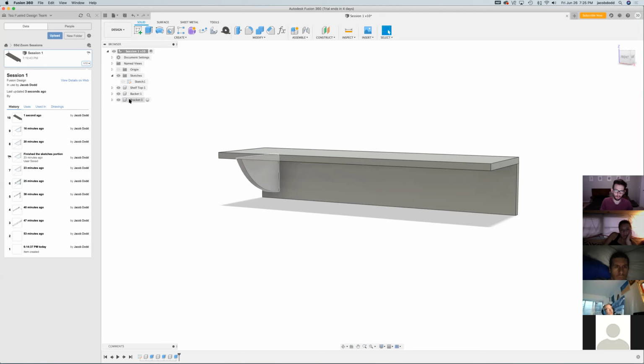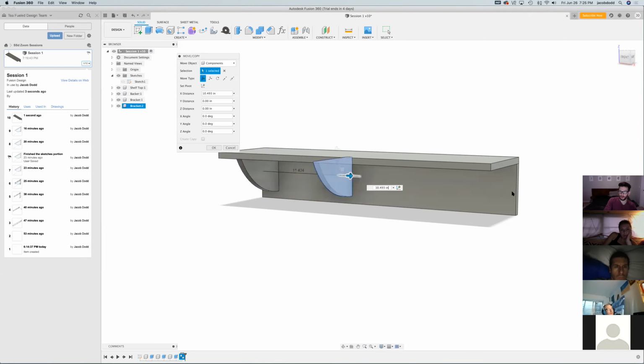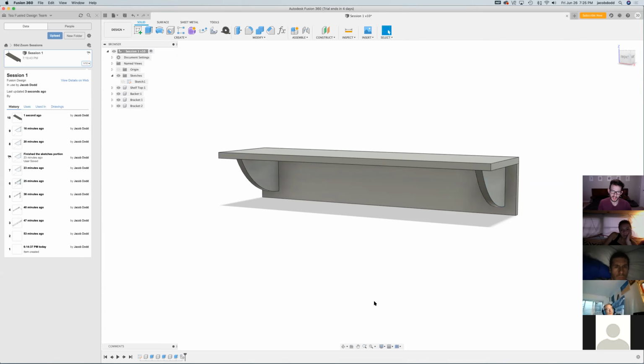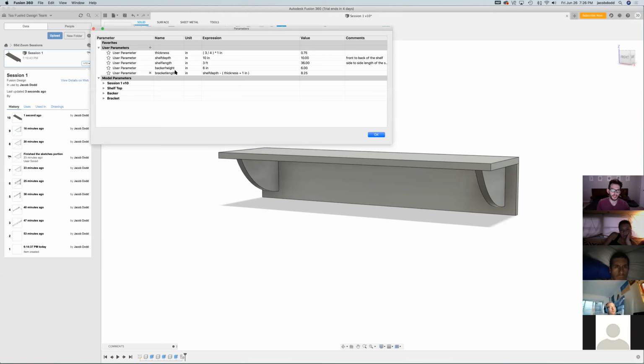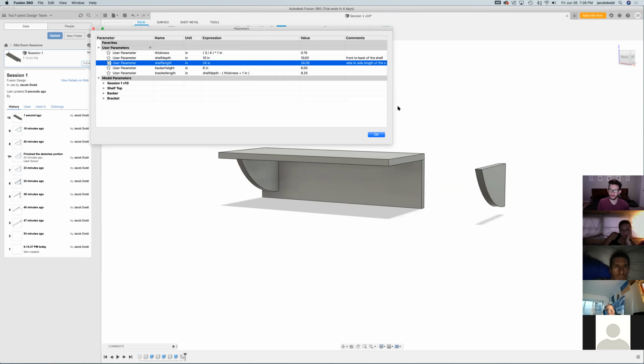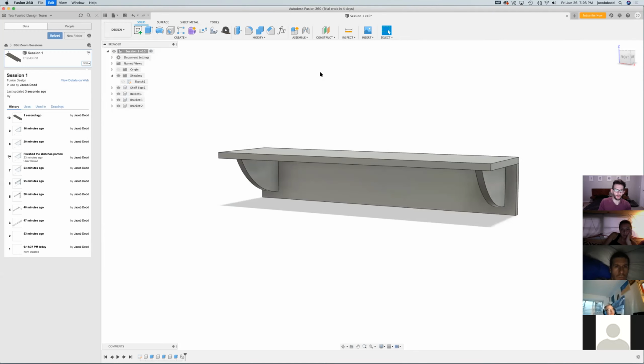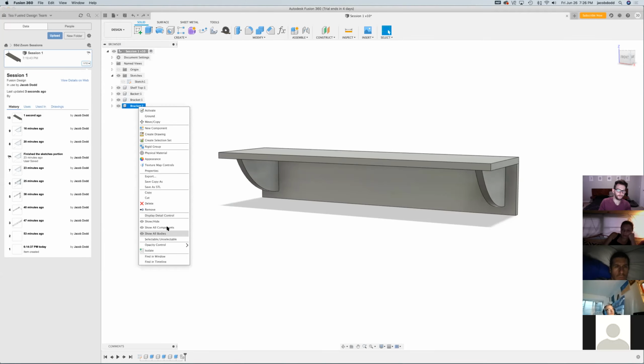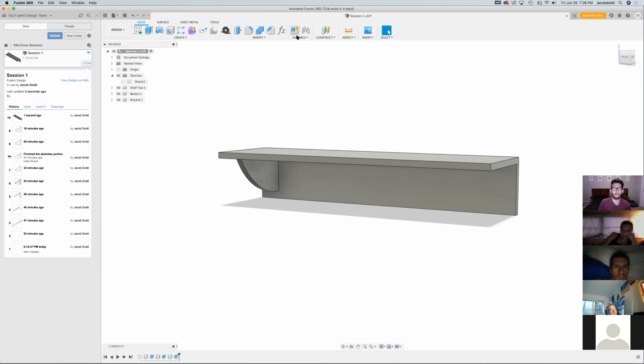The quickest way to get another would be to copy paste and then drag it off to the right, which is fine. But if we were to change the length, say, if we come up here to parameters, click on that, and then we change the shelf length from 3 feet to 24 inches, this bracket is left floating out in the open. So what we can do instead of doing a copy paste, delete that copy paste, we can actually